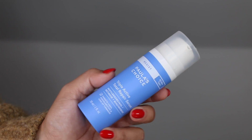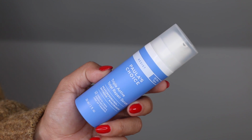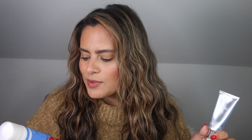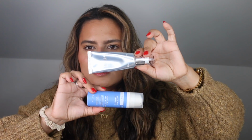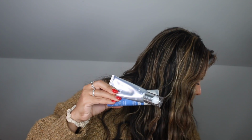And every level has a different strength of retinaldehyde. So this was my favorite, at least one of my favorites. I could not complete this video without mentioning this as well. This is a Paula's Choice Triple Active Total Repair Serum with hexyl resorcinol, retinoid, and niacinamide. So you have really nice ingredients here, the retinoid and the niacinamide. So if we are on that ladder, this is below, Medicate is above, and then we have, we'll show you,